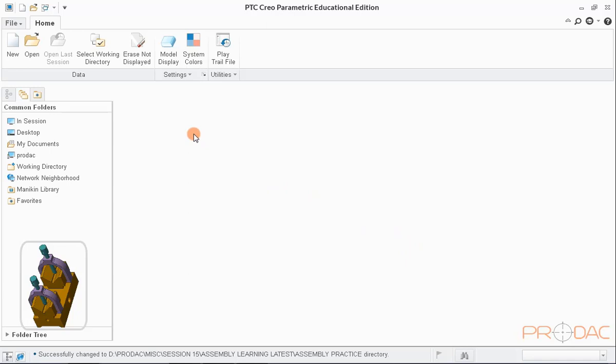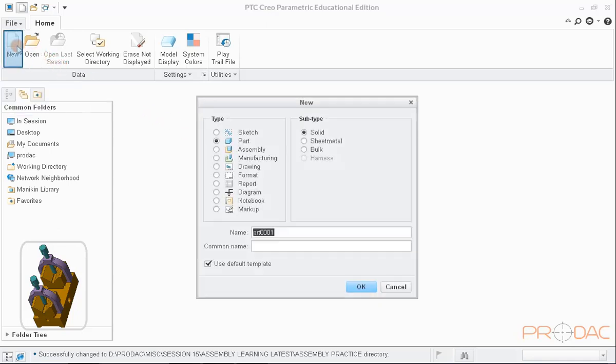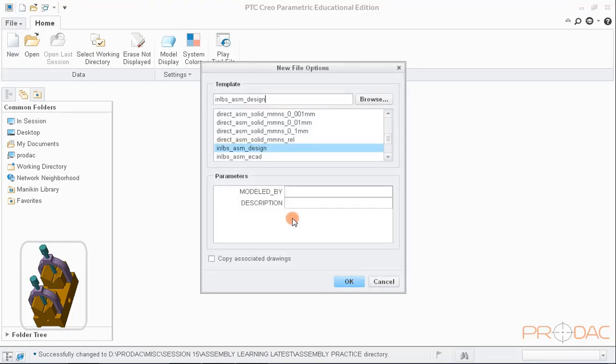Now we can create new assembly file. Give a name to assembly file and uncheck default template. Select metric template from the pop-up window.